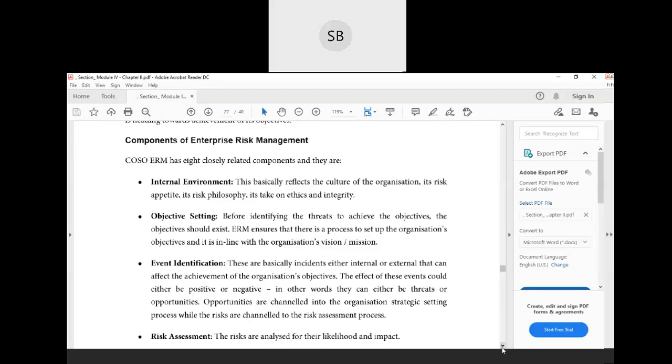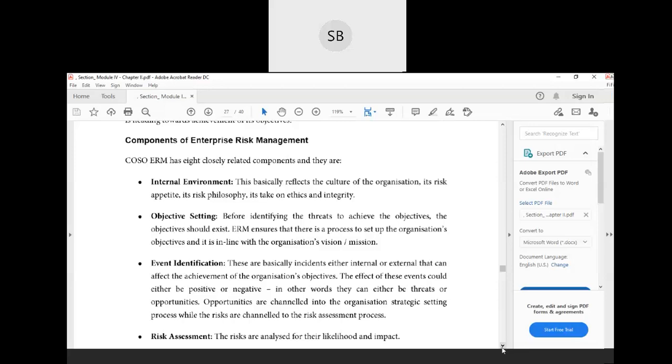That is again a risk, and it won't be helpful in achieving the objective you have. Also, if resources leave, if employee sustainability is not there, then also there is a threat. So there are internal threats, like external threats, which keep you from achieving the objectives